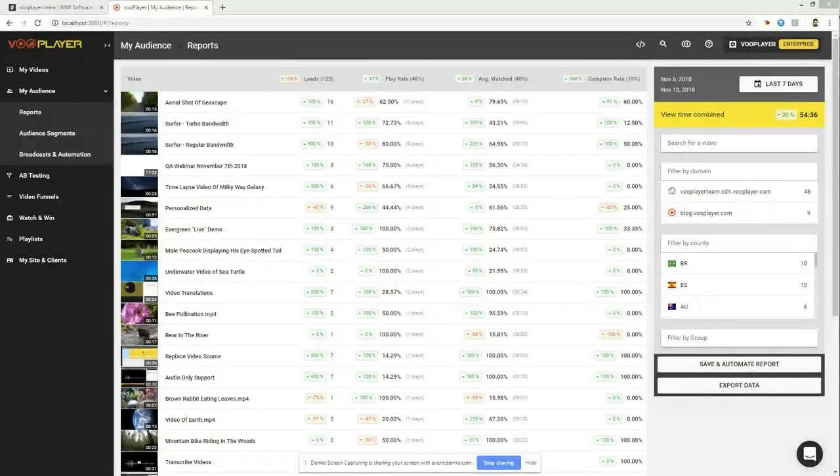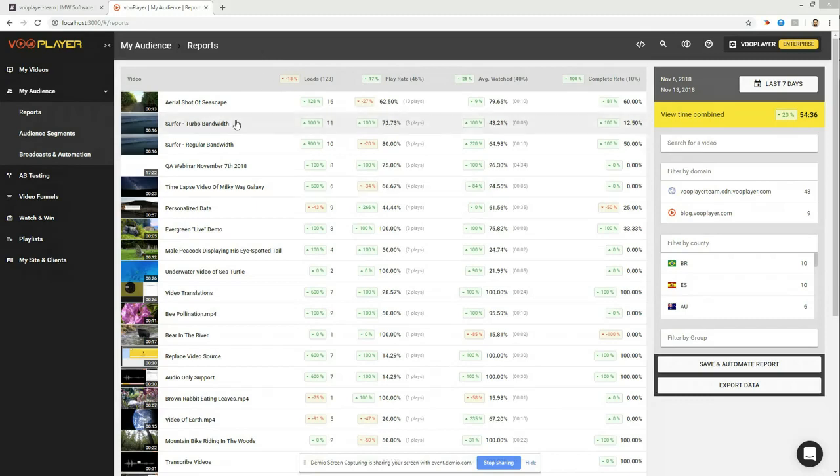Stephen is saying maybe add an analytics trend line option over time for a selected video, time frame, and metric. PDF reports would be awesome for marketing and case studies. Yeah, PDF reports are definitely something that we're doing. As for the trend line option over time for a selected video, those are already available, actually.